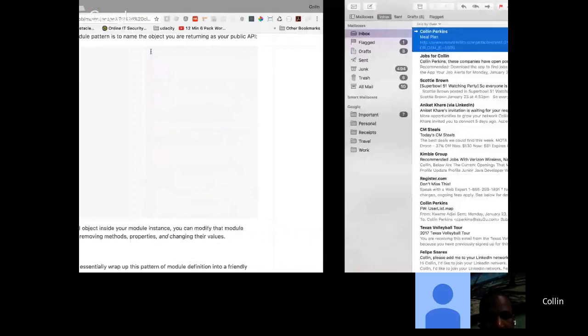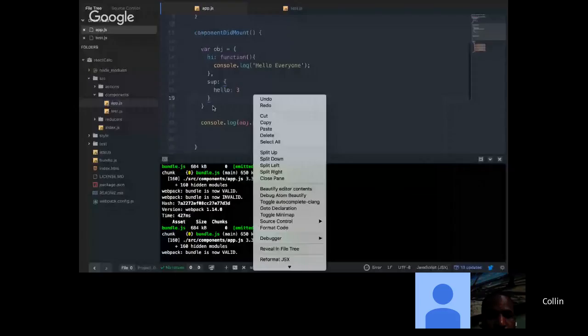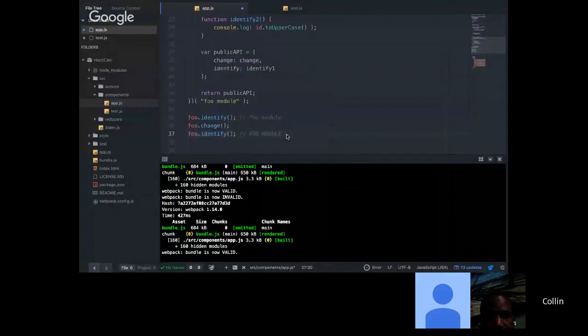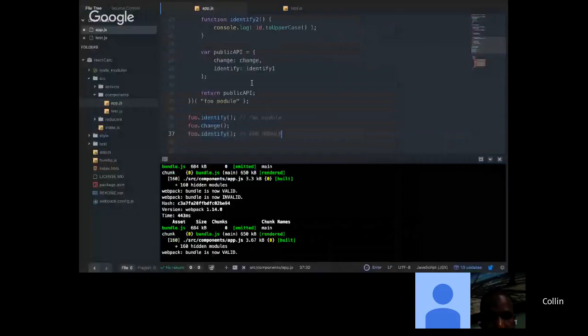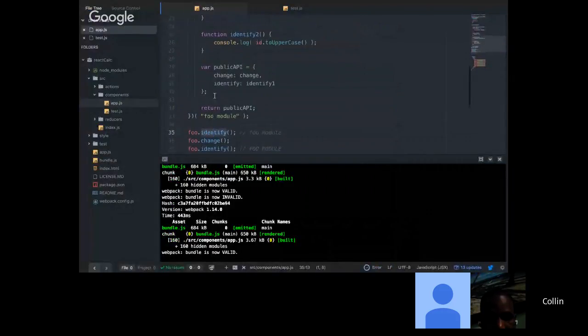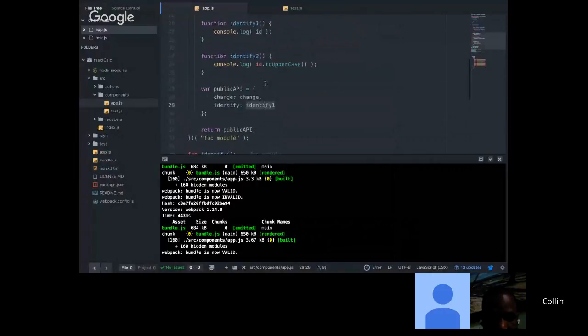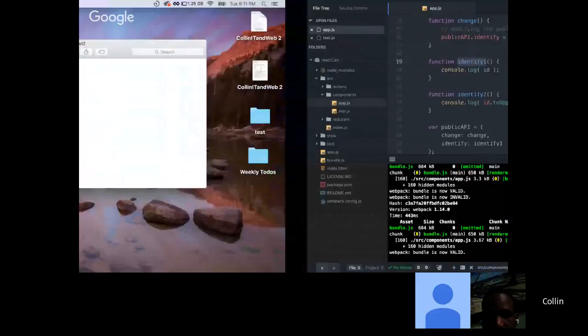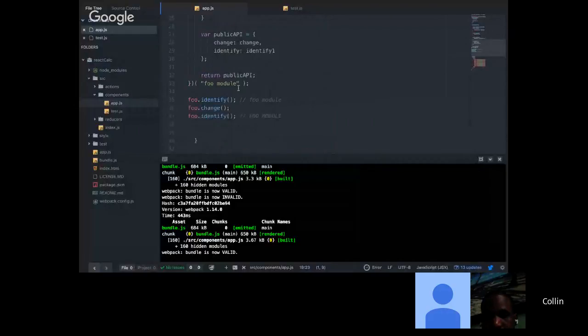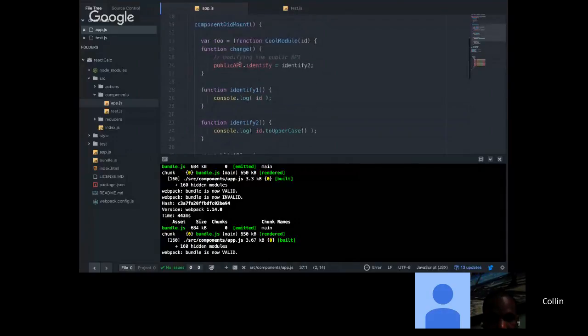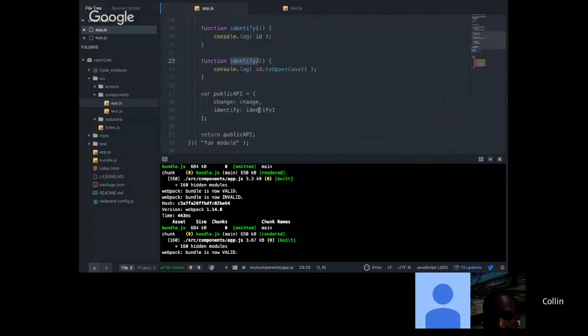And I'll visually represent it here. This should help explain it. Run it real quick, make sure it works. So when foo.identify gets called, all we're doing is calling identify one, which is this, console.log ID. That's what we got, foo module, which was this right here. So when we do foo.change, all we're doing is we're going to go find the change function. So this ran and we set public API .identify to identify two, which is a function. So when that got set, it changed this to,